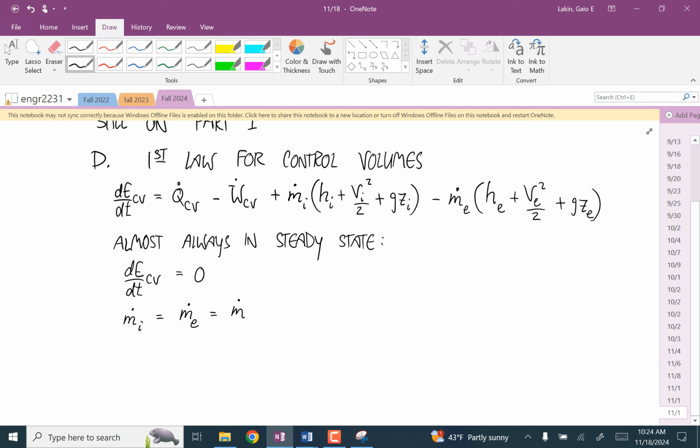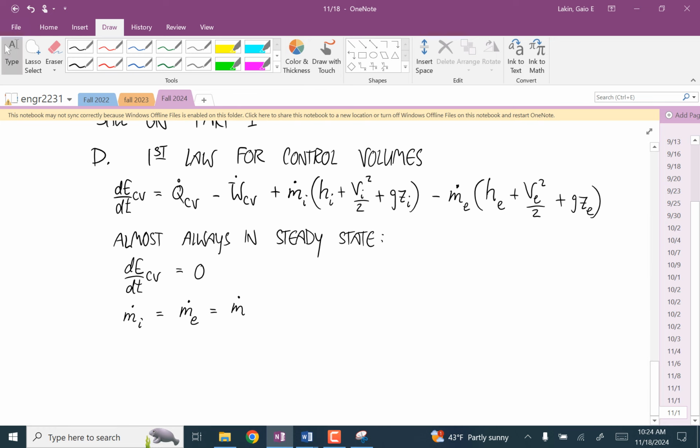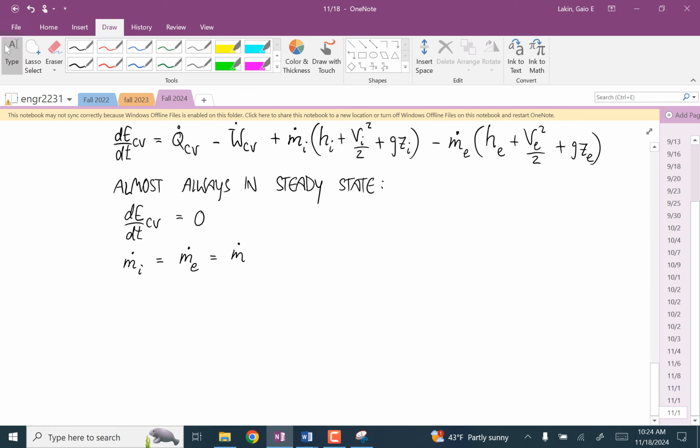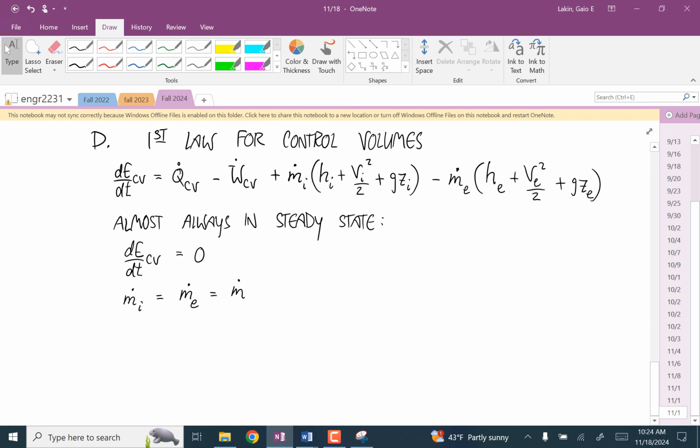And then always the objective is to see what variables you can get rid of based on the assumptions. There are 2